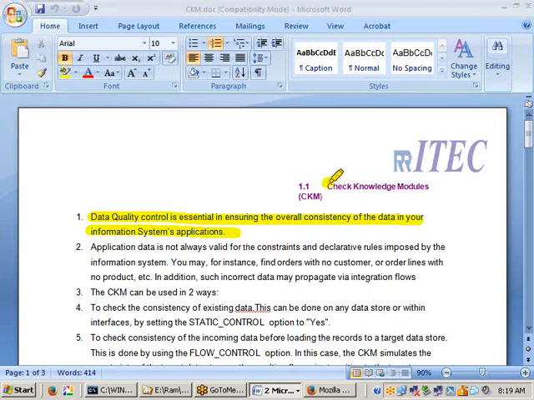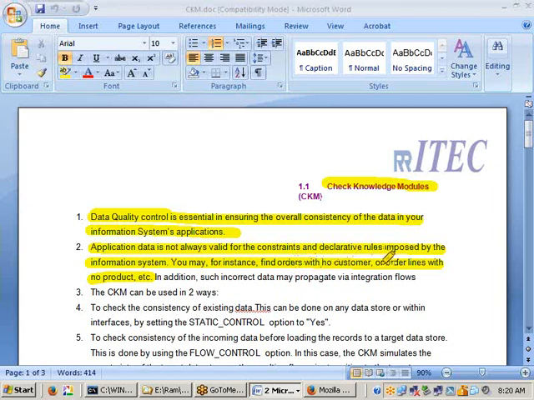Right. So the technology model is something to do with what, sir? Data quality. Application data is not always valid for the constraints and declarative rules imposed by the information systems. You may, for instance, find orders with no customers or order lines with no product, etc. Sometimes what will happen is we'll find an order available but with no customer, the customer name is not there, but the order is available.